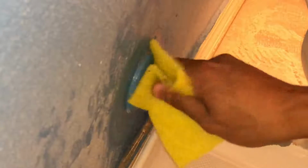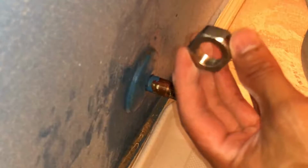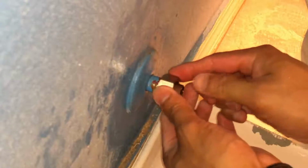So the next step is to prep the brass pipe by cleaning it off. You can either use some fine grit sandpaper or even some wool cloth and just get off all that excess stuff that sticks up all around the pipe. Next, for the install, you have one of 2 options. You can either install each piece individually or you can loosely tighten everything and slide it onto the brass pipe. I like putting my pieces on individually so I can see how each piece is nice and flush and